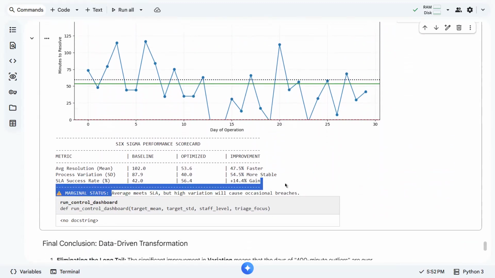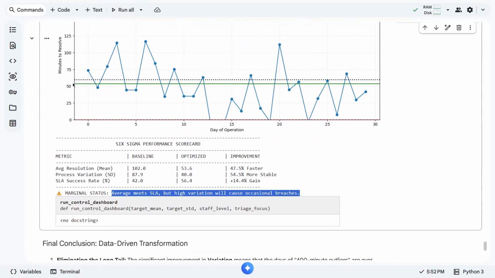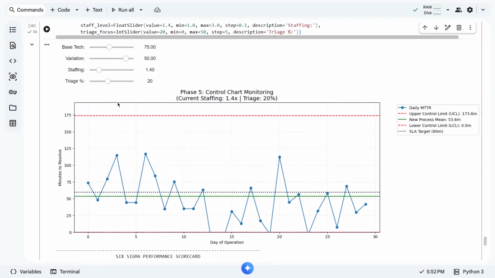The average still meets the SLA, the green line is still below the dotted line, but there are some variations that have exceeded the red line. So it's a warning, and we have to do something. We can be stricter. Maybe someone violated the protocols or the new policies that we have imposed.